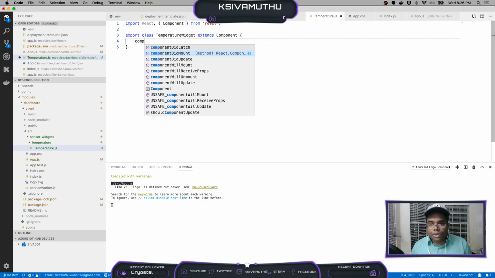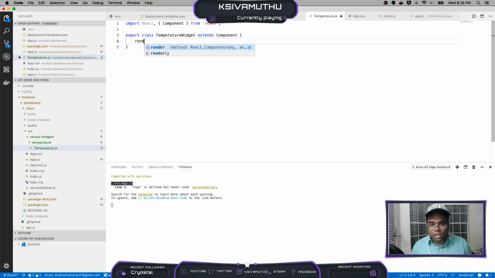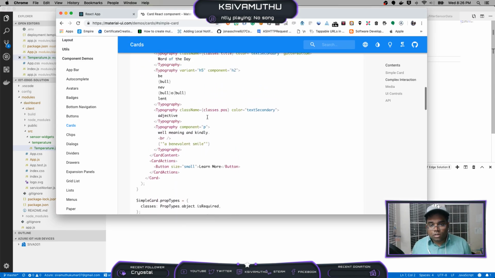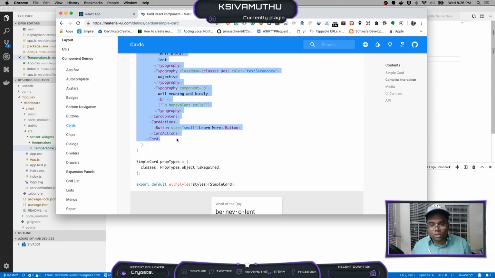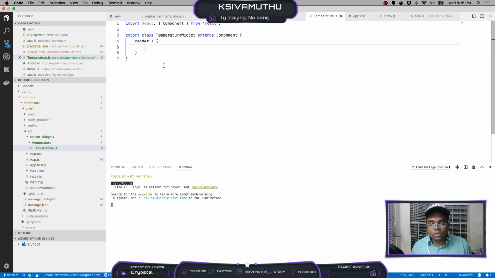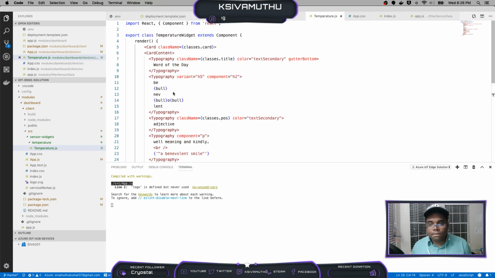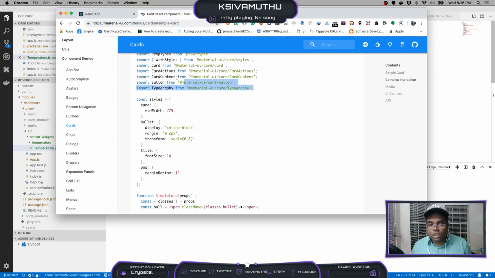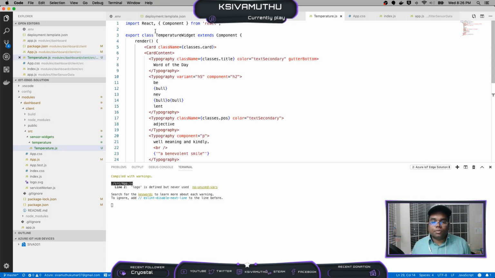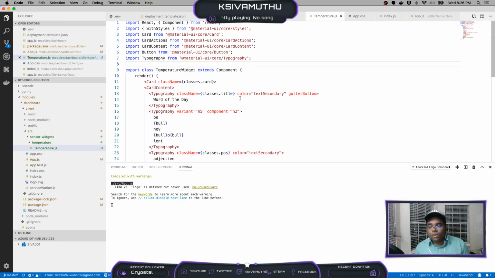Okay, then in the component in the render, they have this card type, so I'm going to just copy this card thing and import these items from the Material UI code. Okay,